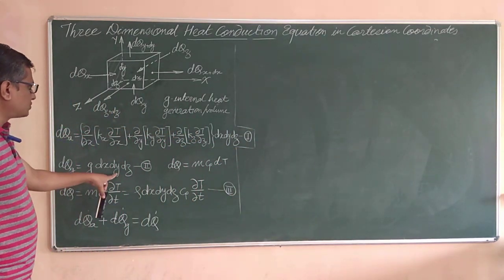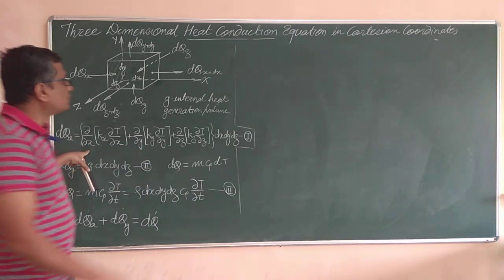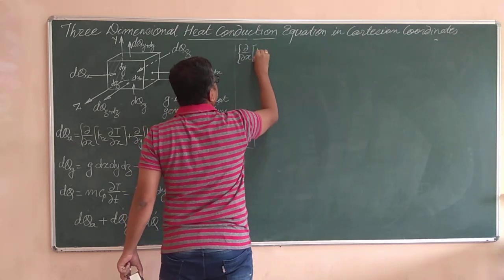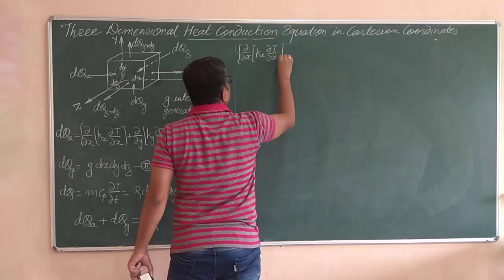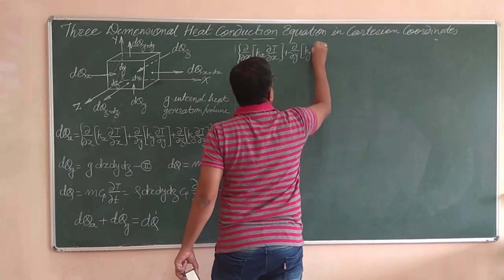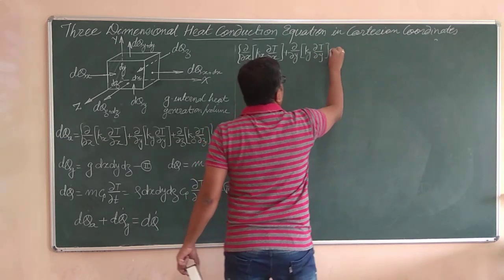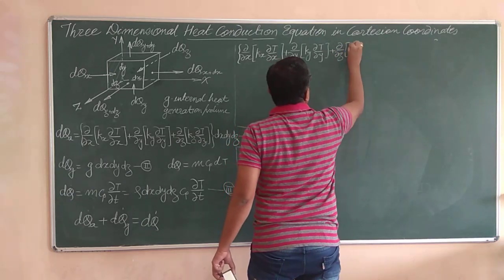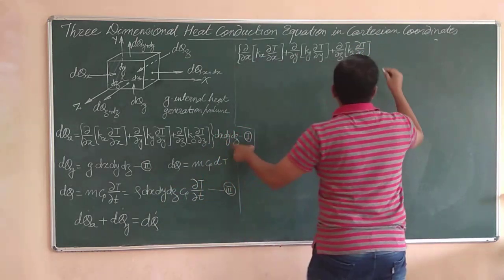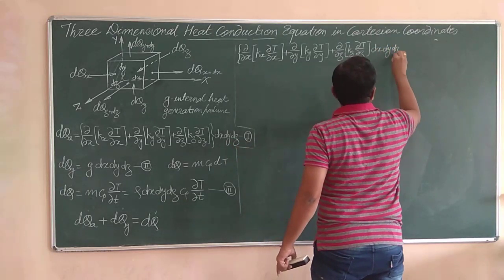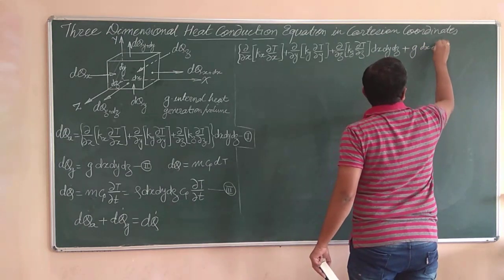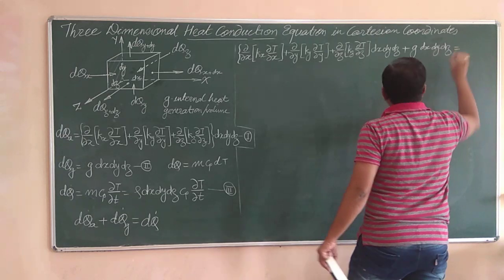and that equation will be, let us take the first part into consideration, this first part at the place of dqa, and that is equal to ∂/∂x of kx ∂T/∂x plus ∂/∂y of ky ∂T/∂y plus ∂/∂z of kz ∂T/∂z into the term dx dy dz, it's over here, plus the internal heat generation, that is the second part, that is g into the volume, that is dx dy dz, as it is, and it is equal to this term.